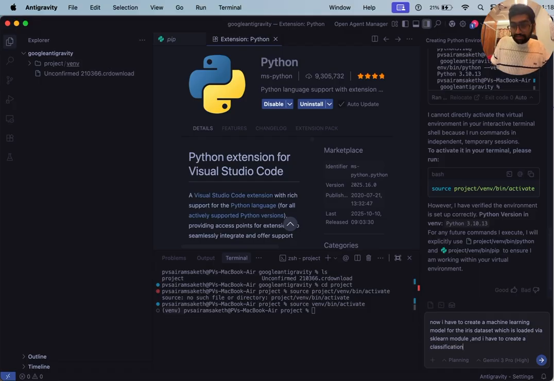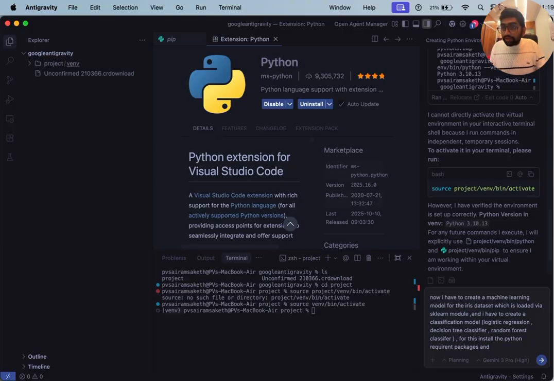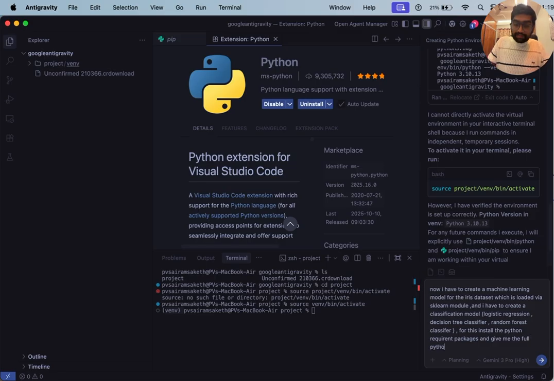classification model, that is logistic regression, decision tree classifier and random forest classifier. And for this, install the packages, install the Python requirement packages. And after doing this, give me the full Python code